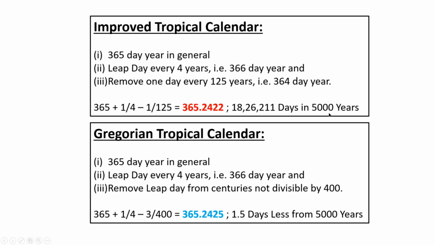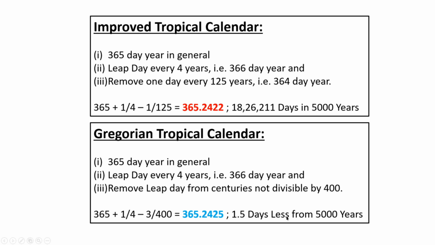So basically, if we start from 0 AD and go up to the 5001st year, at 12 a.m. in the middle of the night, the day switching over to 1st January 5001 AD, the date that is shown in this calendar will be 1.5 days behind. So it will be reading December 30 midday